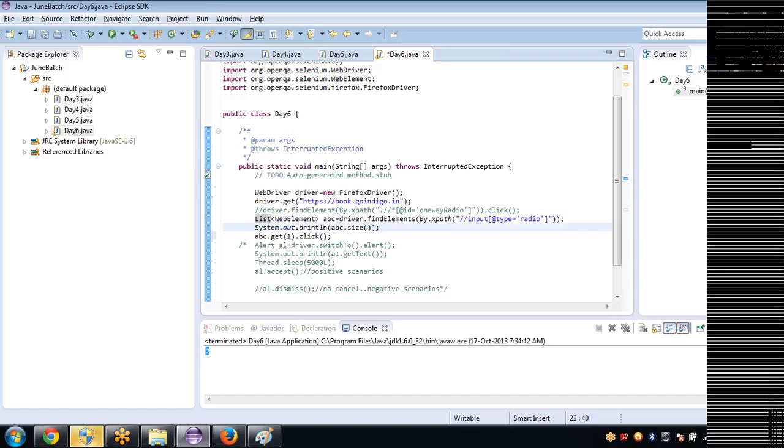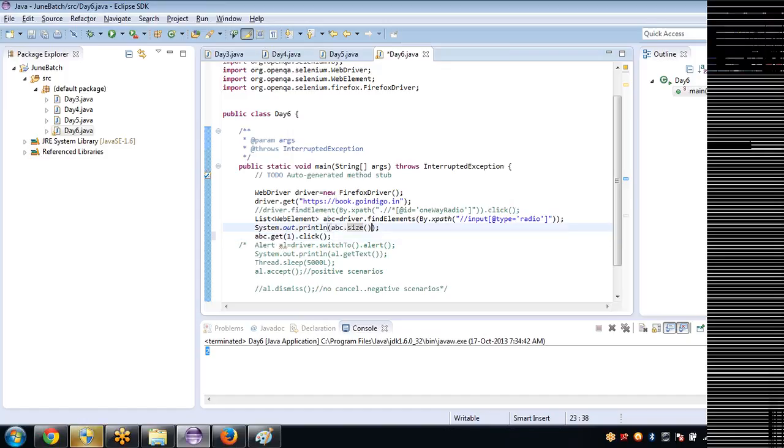And if the question is, I want to know how many elements are present with this common property, then I'll take the same answer into a list and say size. So I came in the reverse way. This is straightforward. The same click operation I performed by taking the common property, and I clicked on the second index.